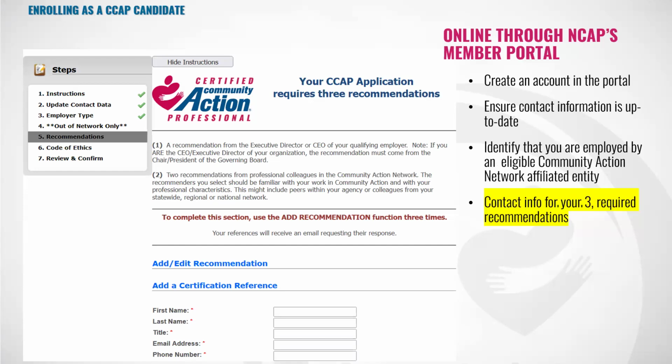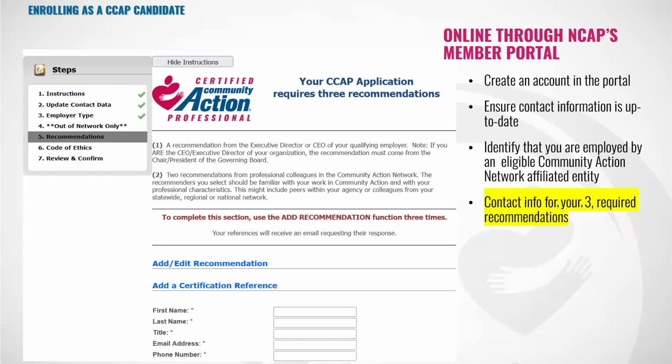Now, I guarantee you it sends automatically to the address that you put in there. The question is, does it get caught up in a junk mail filter, a spam filter before it reaches their inbox? Is there a place for them to go look for that? Do they even know to expect it? Have you given them that heads up?